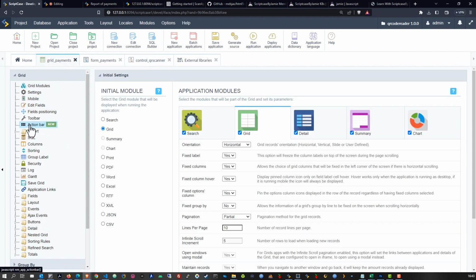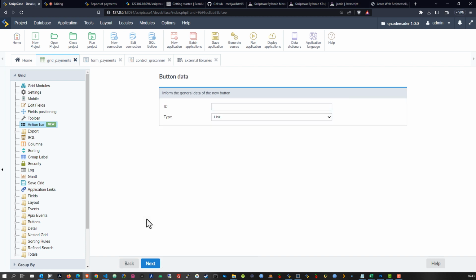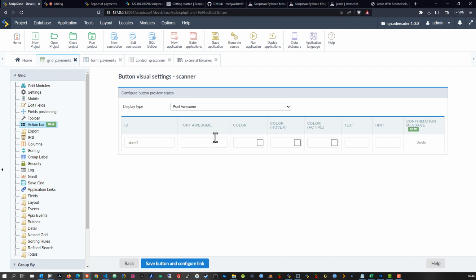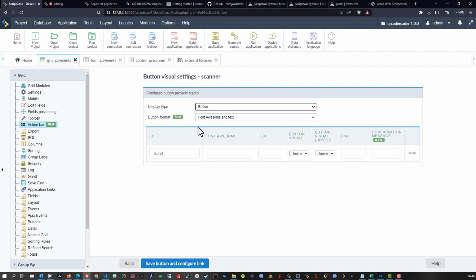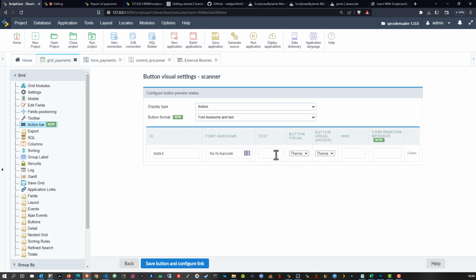So within our grid payments, I can come to the action bar, and here I want to create a new button. I will start by adding, first of all, a link button, and click next. And well, yes, it can't be null. So here I will add scanner, because that will link to our scanner that we have. And I would change this from Font Awesome to a button, and have Font Awesome and text. Now for the Font Awesome icon, I will add a bar in here for barcode, and there we have that. And I can add some text in here, maybe reader or scanner or whatever you like. I can then save that button,